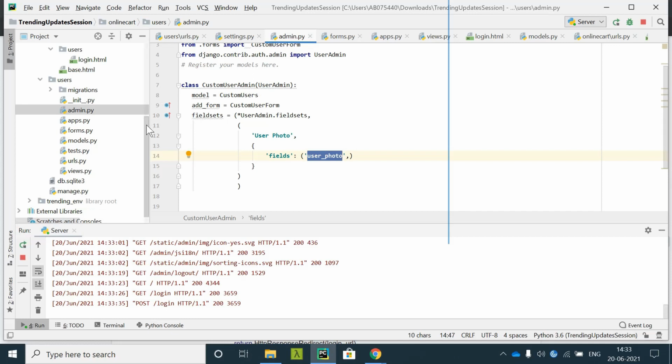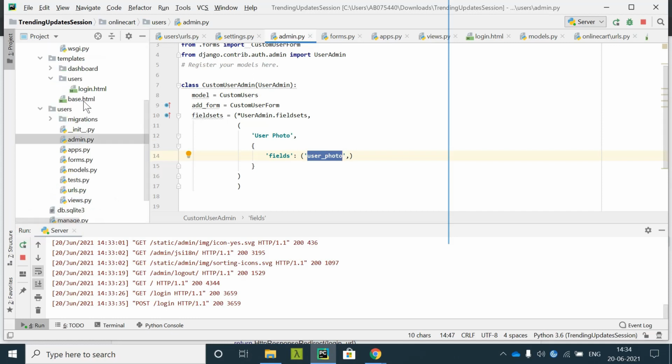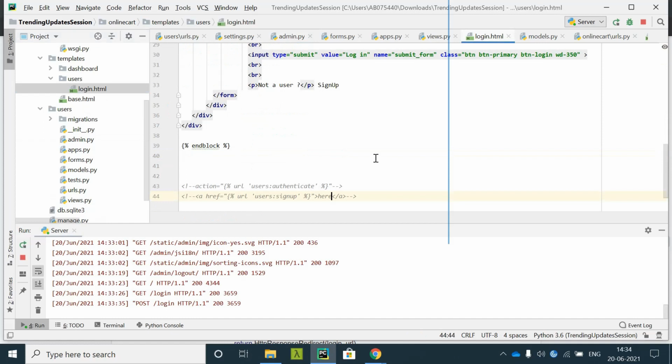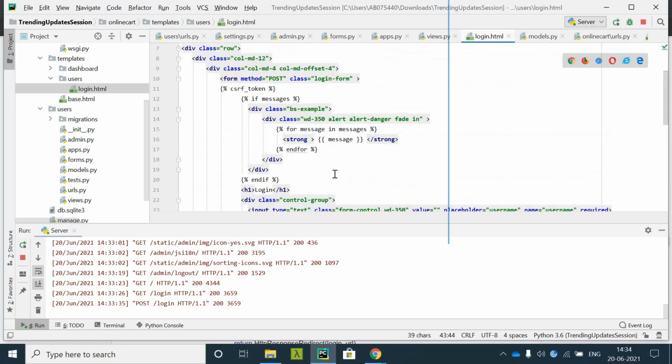So what we need to do is we need to go to login.html. I told you about the action. If you are familiar with the action, form and submit, okay, you will know what this action is. So basically the method is post, this form is used to post, and this is just the class name.